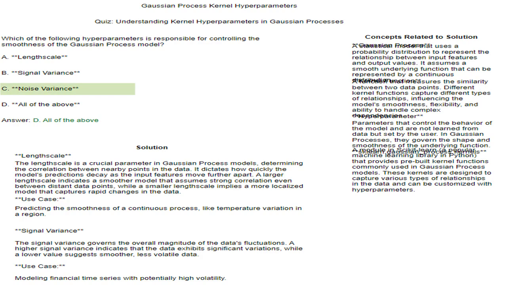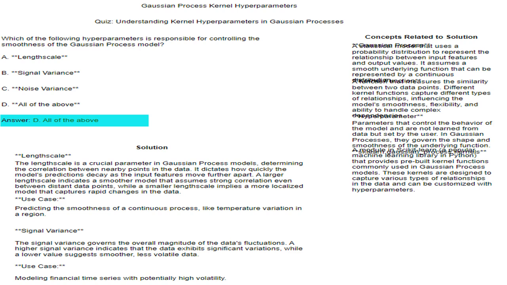Noise variance accounts for the random noise in the data, contributing to the overall smoothness. Higher noise variance tends to smooth out the model, as it assumes more randomness in the data. True. Answer. All three hyperparameters, length scale, signal variance, and noise variance, contribute to the overall smoothness of the Gaussian